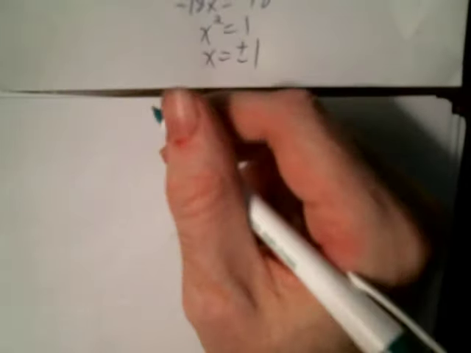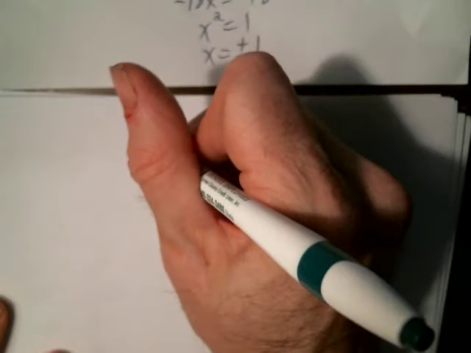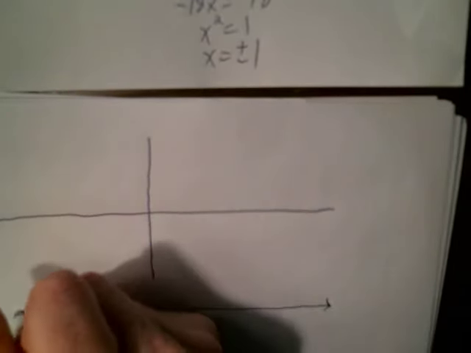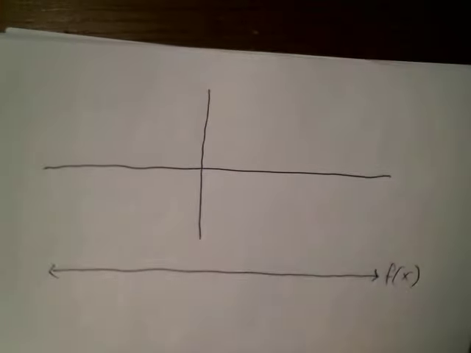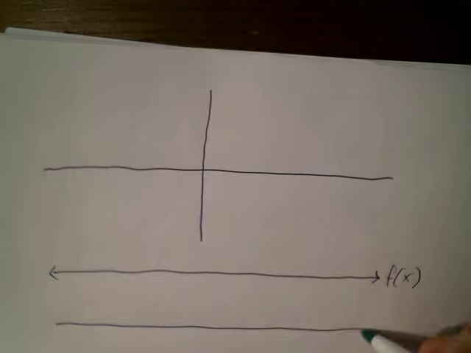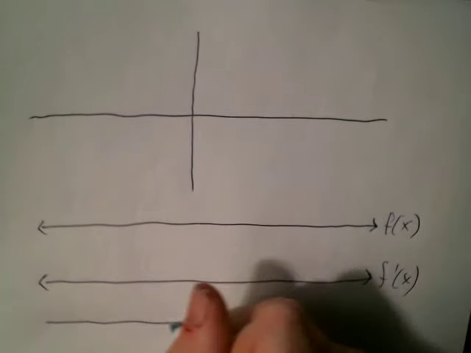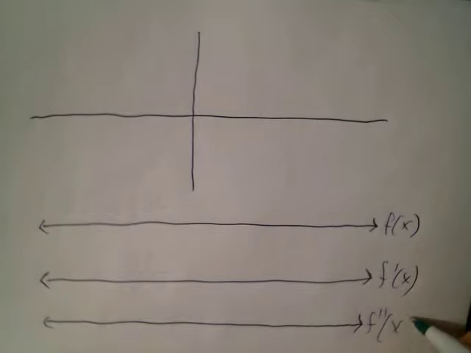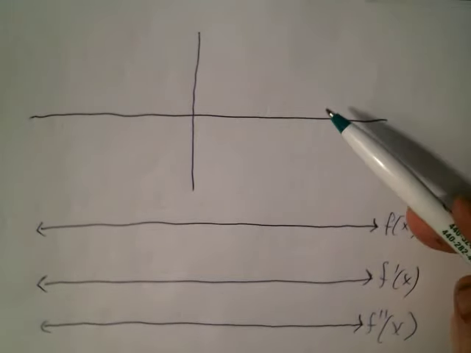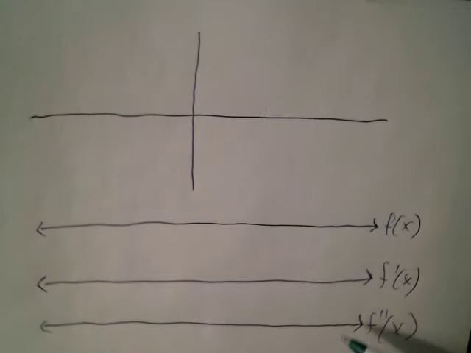Now we need to set up our graph and put number lines underneath and label those. This is f of x. This will be f prime of x. And then below that, we'll put f double prime of x. Okay, you want to connect all these number lines to the original graph because these are going to dictate the